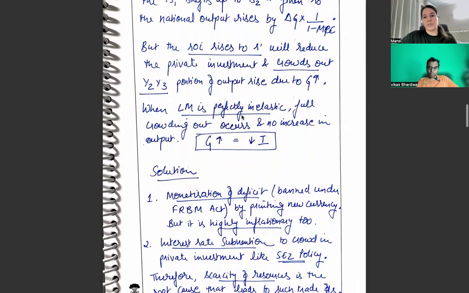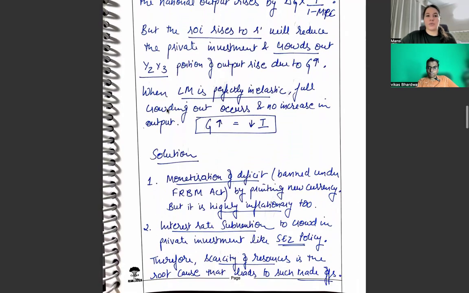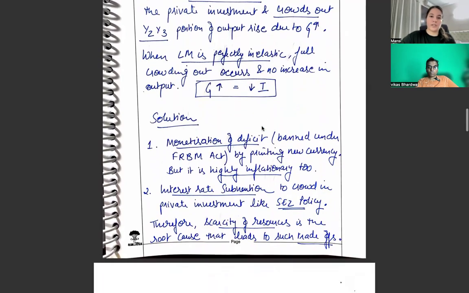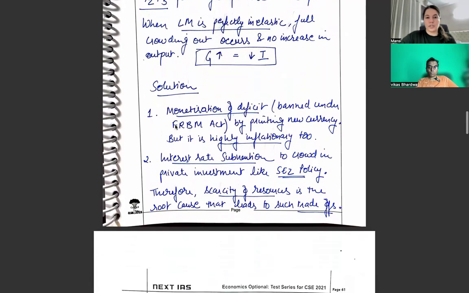So when LM is perfectly inelastic, there will be full crowding out, and there is no increase in the output. So the increase in government expenditure is matched by the reduction in the investment expenditure. So a solution for this is that we can go for monetization of the deficit, which in India is banned under the FRBM Act, which includes printing of new currency, but the concern is that it is highly